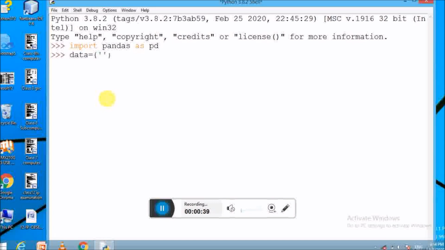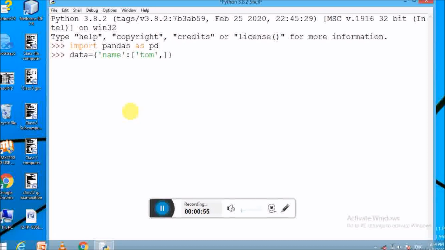Inside these curly brackets we have to pass the key-value pair. Here I pass the key as name, colon, and then we have to provide the value.